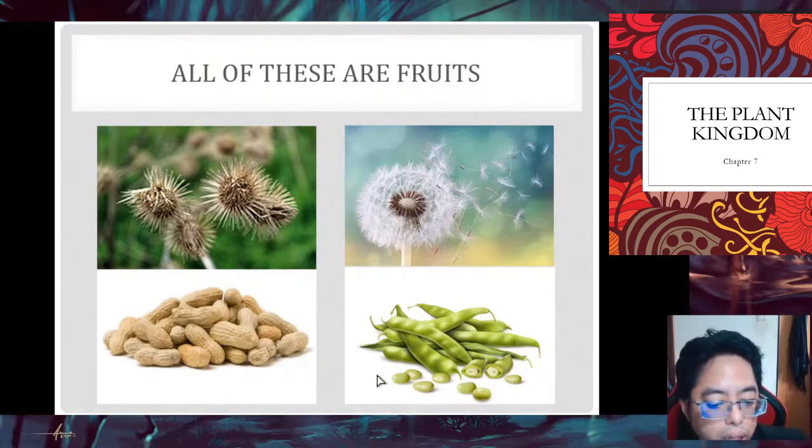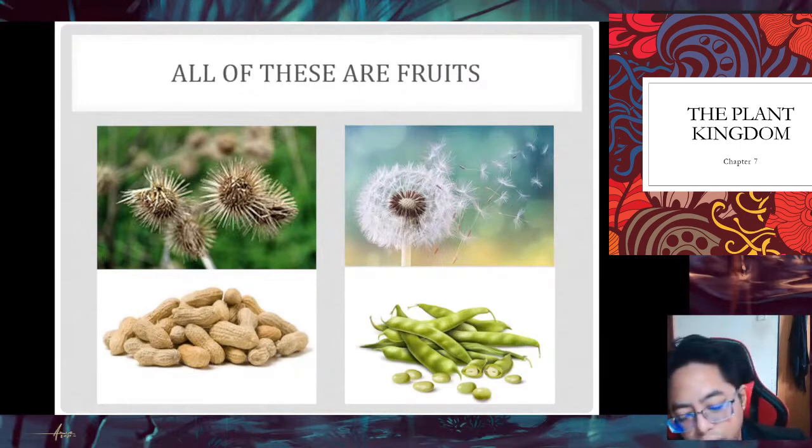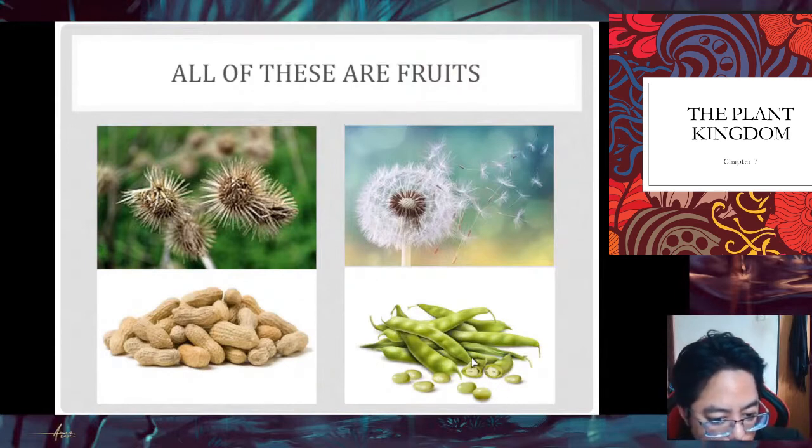Okay, so these are peas. So you might think that, okay, peas are vegetables. But the thing is, all of these peas are actually created from fruits. So when the pea flower is fertilized, they form all of these peas. So every pea inside of this